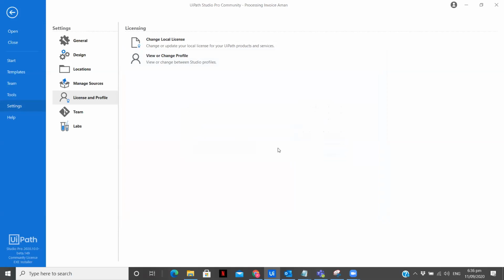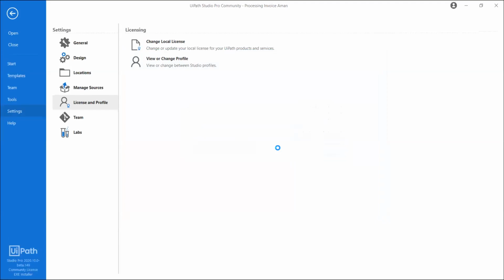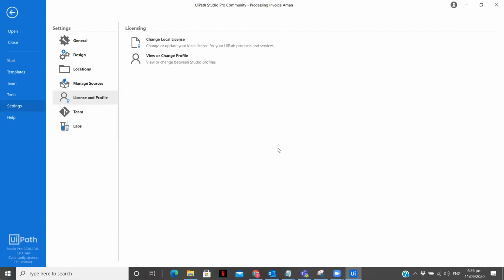You see there is no complexity in changing the profiles, and it's not going to take a lot of time. Within 5 or 10 minutes, you can easily switch your profiles. Maybe if you are a developer working on Studio Pro or Studio Community and you want to also learn Studio X, you can follow these simple steps and also explain to your target audience the difference between both of them.